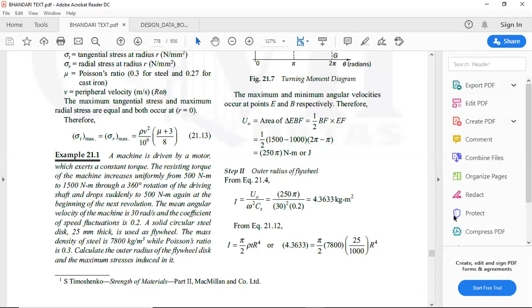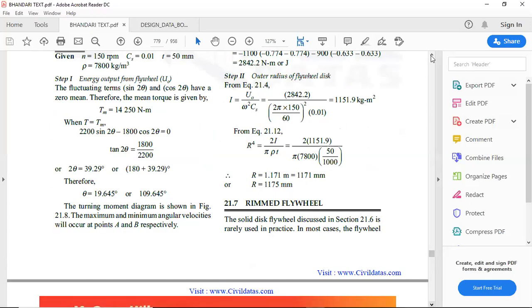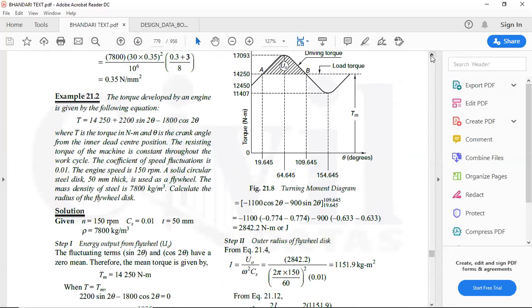Yes, sir. Okay. Now the next part is there is another methodology in which the energy will be given. You might have done that problem during your last year MD1. Another methodology that is adopted is giving the energy differences. I'll just show you the question. This is basically using an equation. The torque is given by an equation. There you have to go for integration because it's the equation.